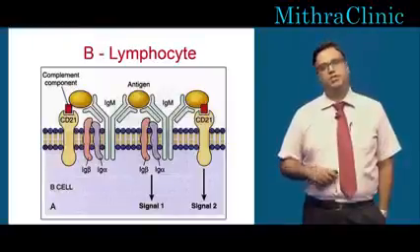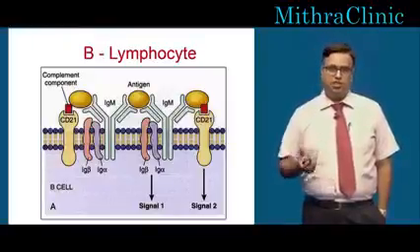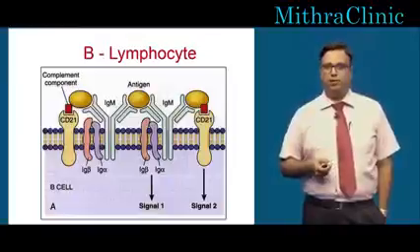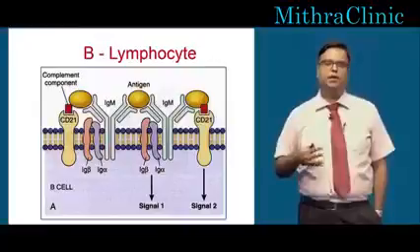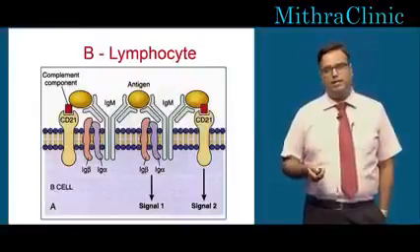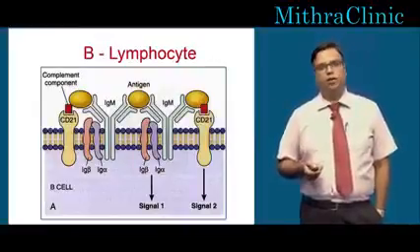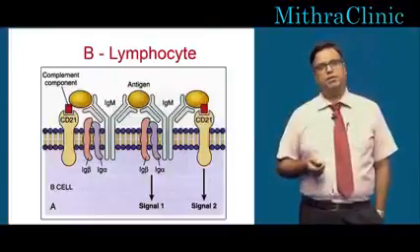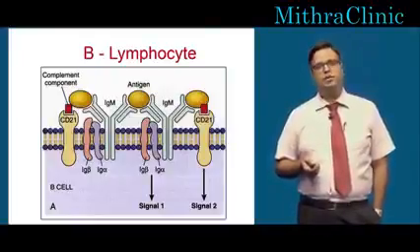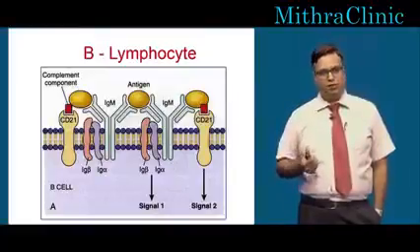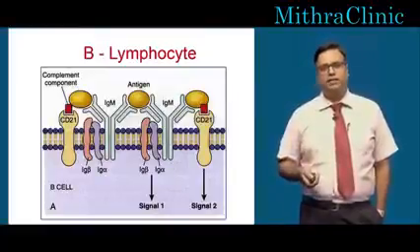Now, signal 1 is generated mainly by the conformational change in the immunoglobulin molecule, but that signal itself is not enough for the cell to become activated. It requires the supporting role of a co-stimulatory molecule. In this case, it is also a transmembrane receptor, which is CD21. Now, when both of these molecules are activated by the same epitope or antigen, it results in what is called